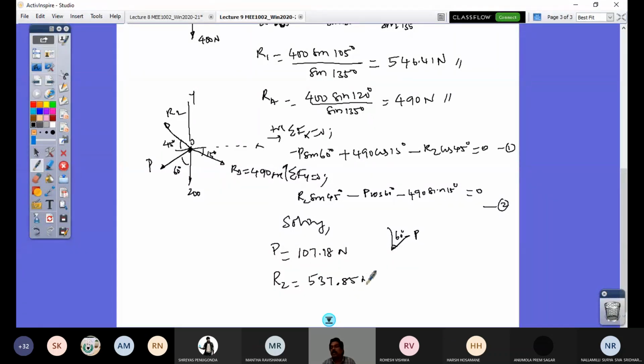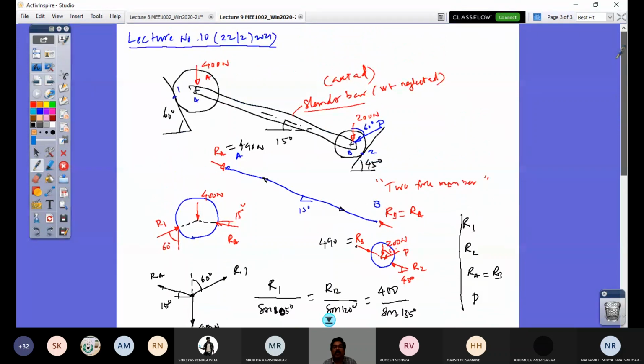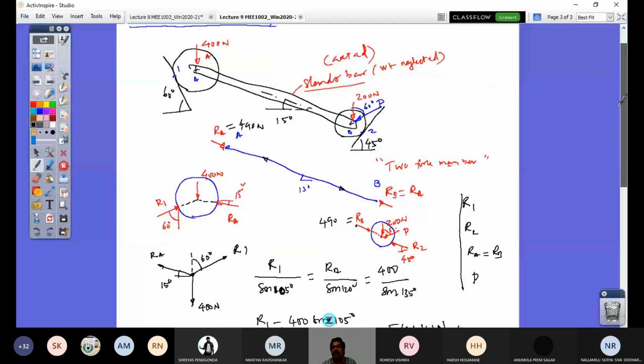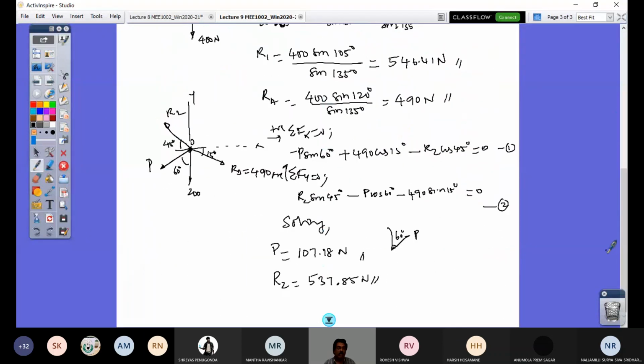I have taken this example problem deliberately in order to best understand drawing individual free body diagrams and investigating whether they are 2-force, 3-force or multi-force members. That would help you to appropriately apply Lami's theorem or the conditions of equilibrium and so on. If you have understood this problem, I hope you would be able to solve any other given problems.